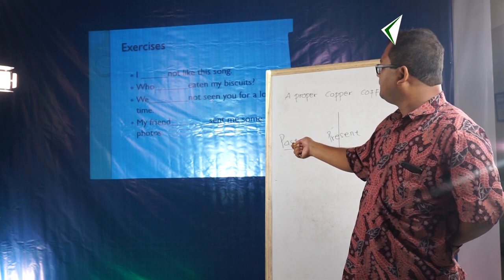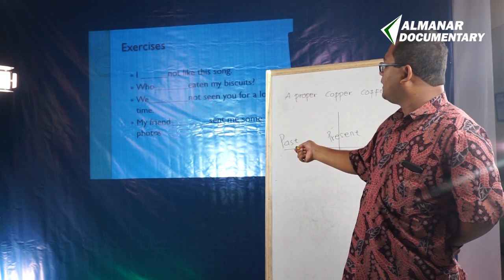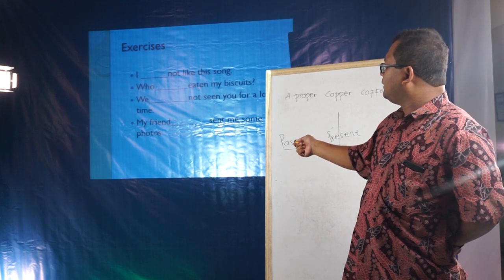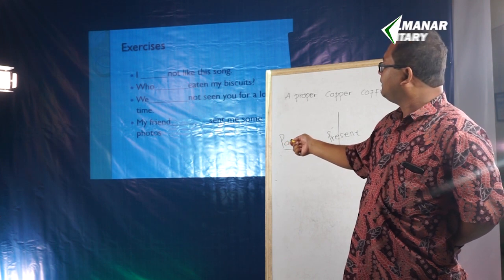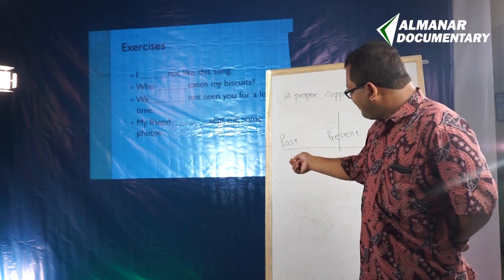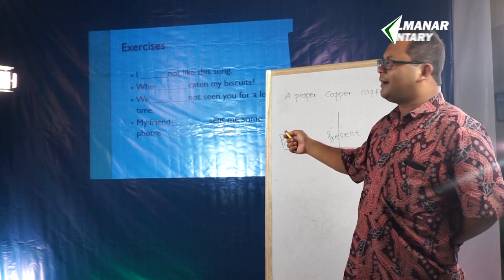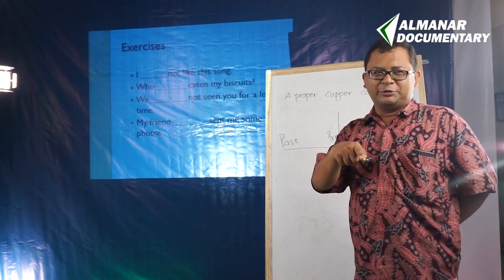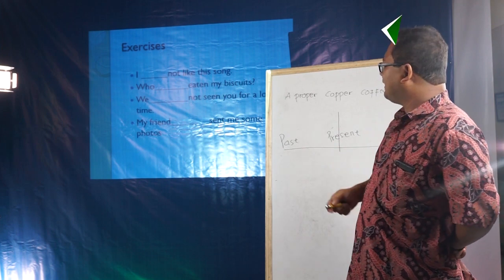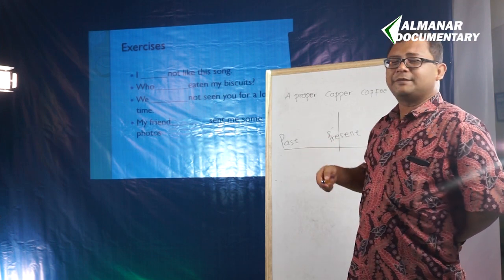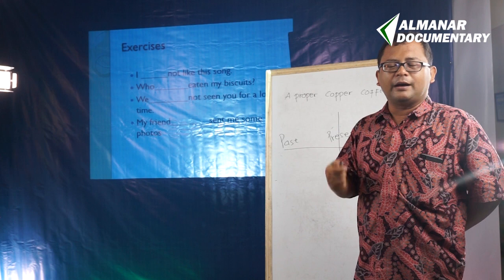Here is the third verb, and is it also the third verb? And remember here also the third verb. Can we use, as I told you before, do or does,